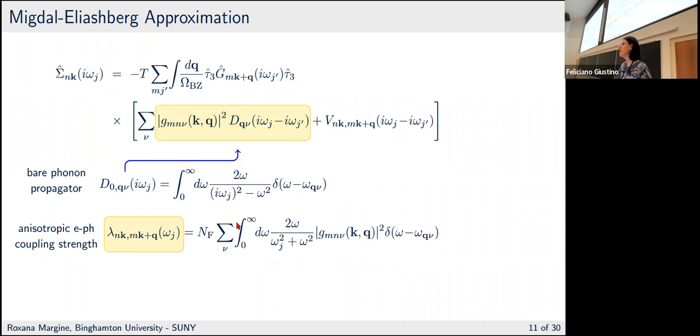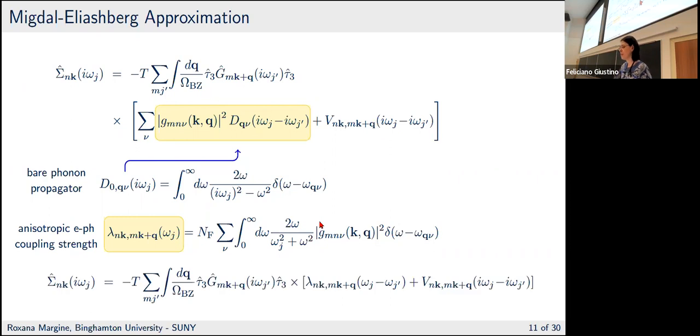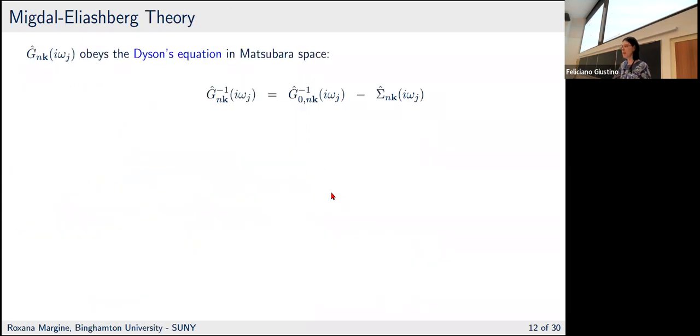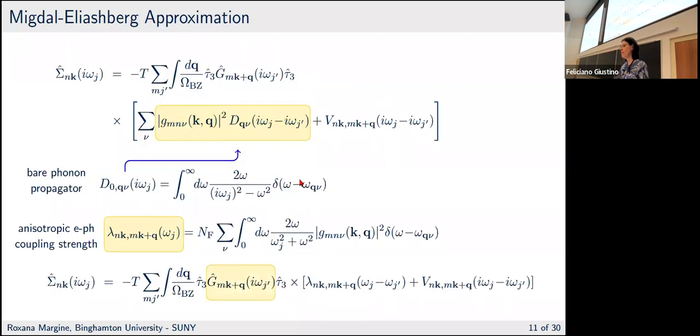And this is basically the key quantity that we calculate with EPW, because this is nothing else but the electron-phonon matrix elements. And so I'm just plugging in here, rewriting the equation in this form. Here I should mention this tau: I forgot to mention these are Pauli matrices. So now we still don't have